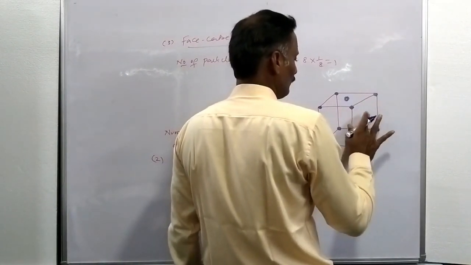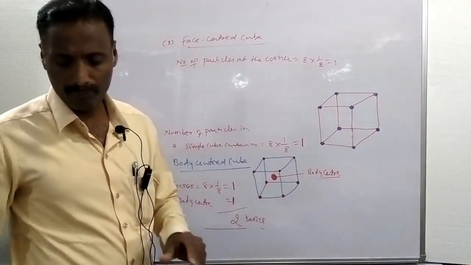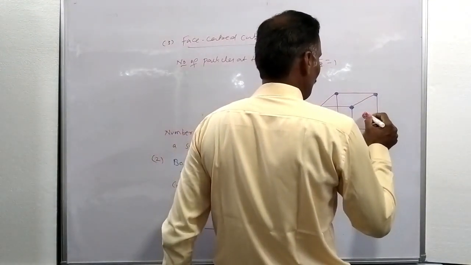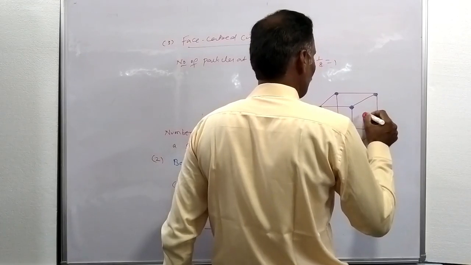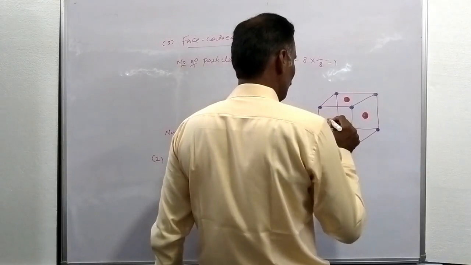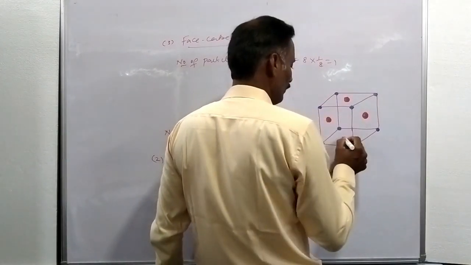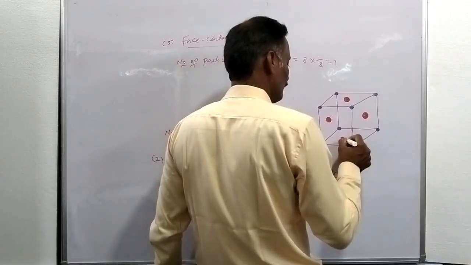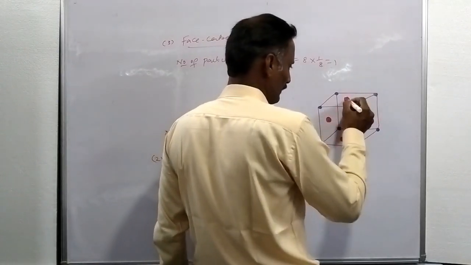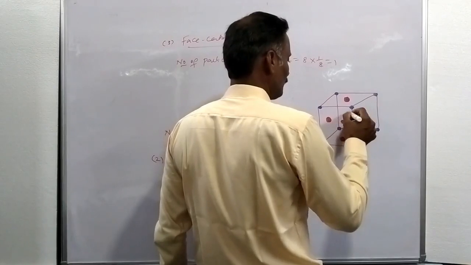Here this is written using different colors. This is a face-centered particle, and this is one more face. Here it is, and also this is a face-centered particle. There are 6 faces here. Here 4 faces are already over here, and this is the front face. This is the back face.